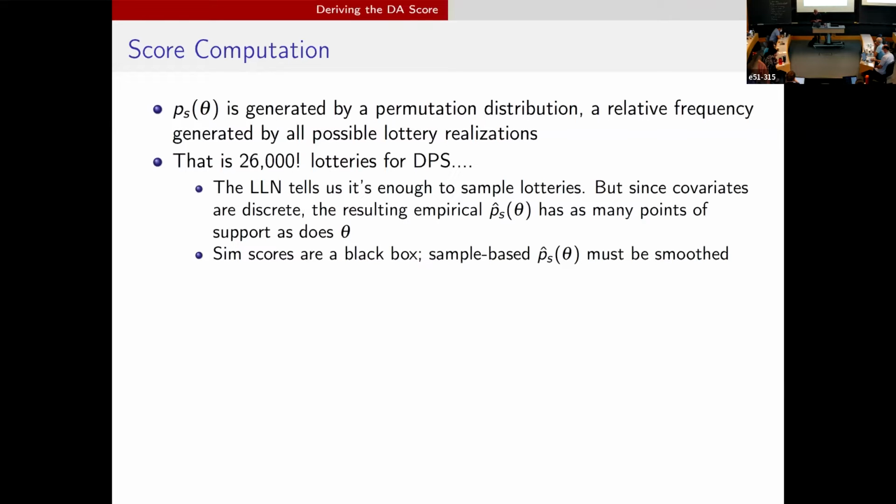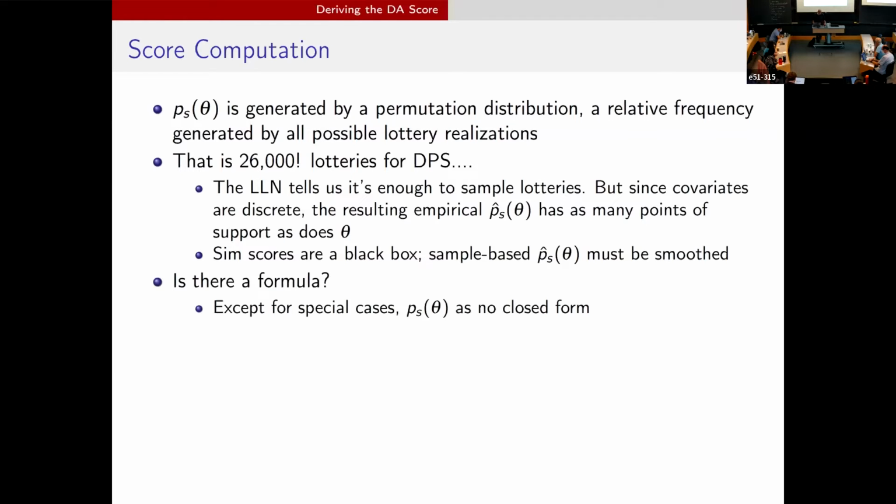This is a possibility, okay? When we have lottery-based tie-breaking, one could always do this and go down that path. I don't want to do that here, okay? What I want to do instead is give you a formula for the propensity score, okay? And the challenge here is that, except in very special cases, we already saw in example 2, the propensity score